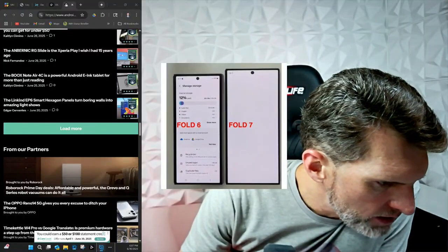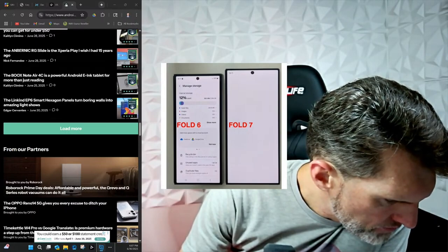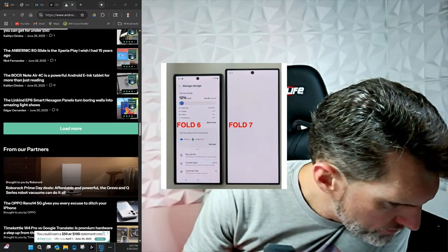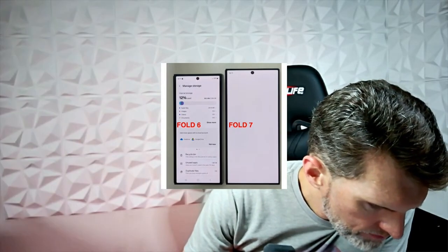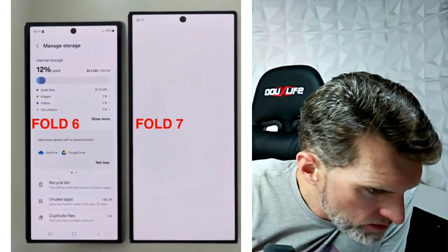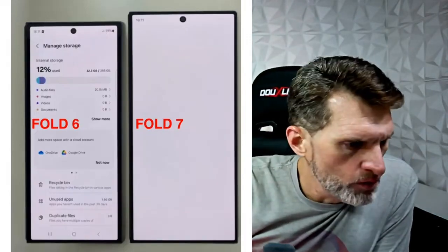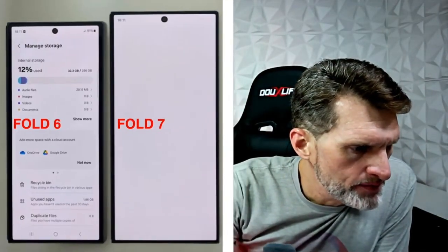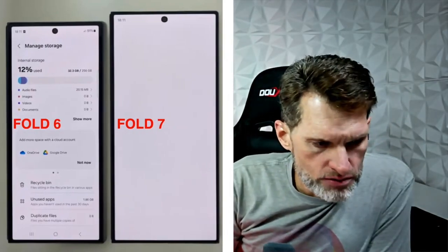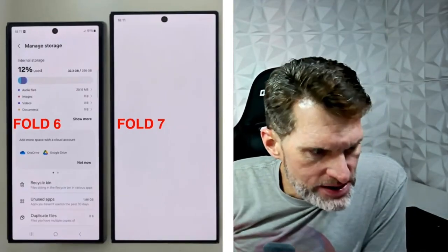Boom, check this out. Holy crap, is that badass. So let me remove, pardon me here, look at this. So that is a picture of the Fold 6 on the left and the Fold 7 on the right. Now, this is why